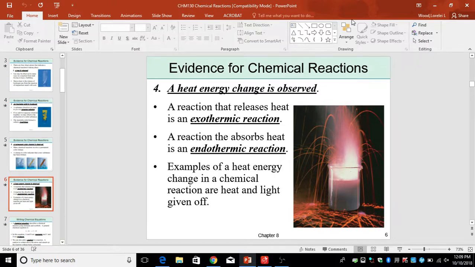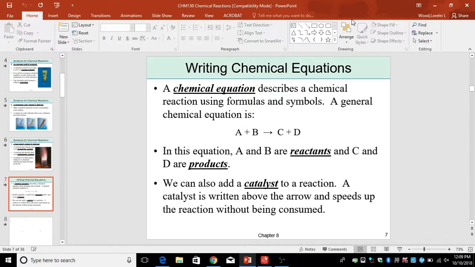That's the idea of exo and endothermic, and if something gets hotter or colder, then generally you can surmise, especially if they start out at room temperature initially, that a chemical reaction has occurred. So when we're writing equations, we have certain protocol that we have to follow, just like in nomenclature. And the protocol includes the fact that we put the reactants on the left side and the products on the